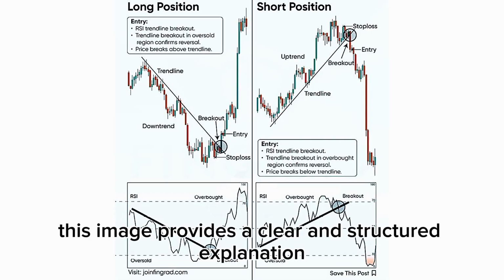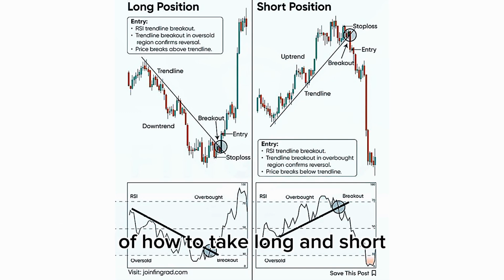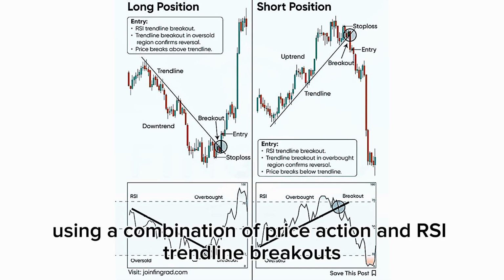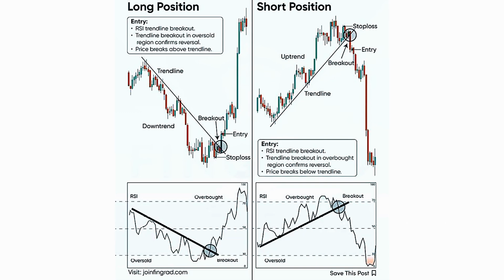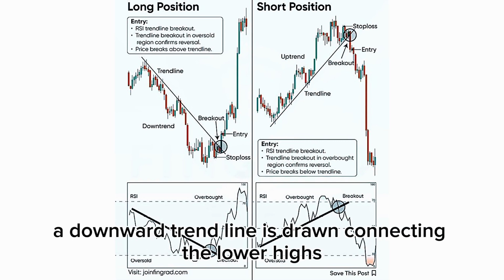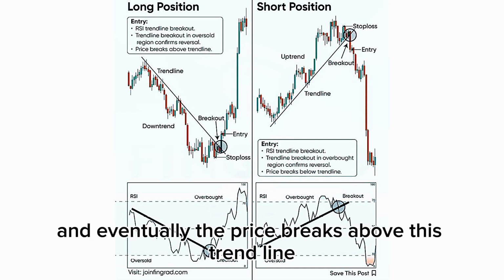This image provides a clear and structured explanation of how to take long and short trading positions using a combination of price action and RSI trendline breakouts. On the left side, long position, the chart shows a downtrend where the price has been consistently moving lower. A downward trend line is drawn connecting the lower highs, and eventually, the price breaks above this trend line, signaling